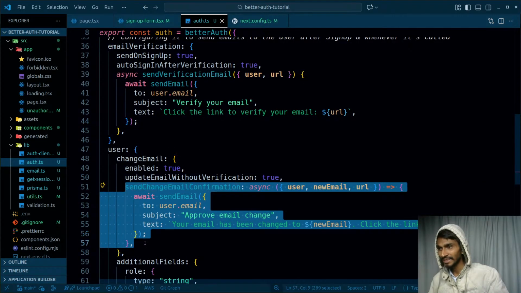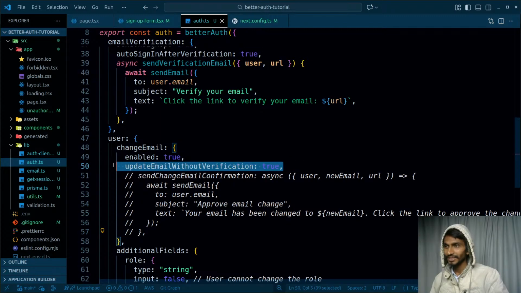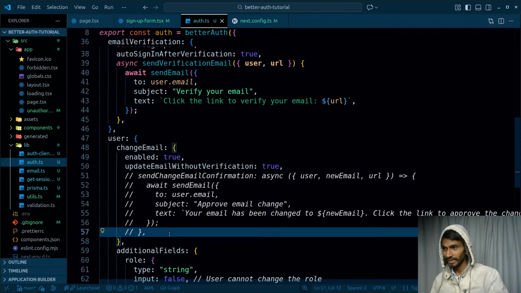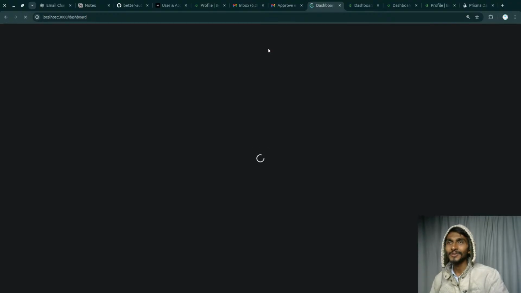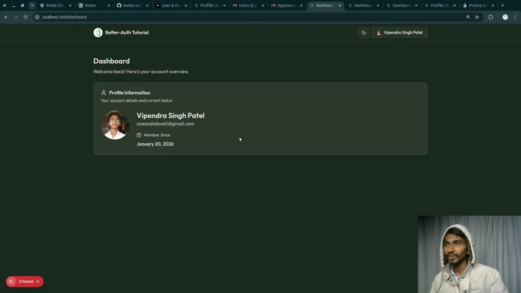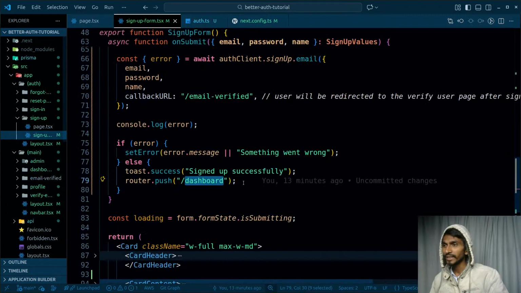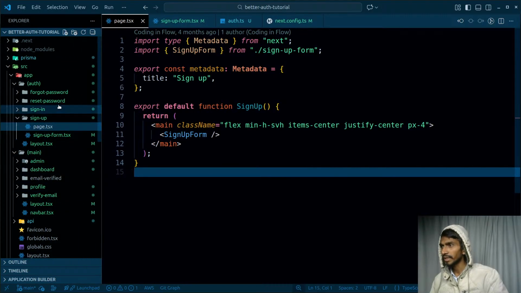I will not be using this, rather forget about even verifying that. Just this much is going to be enough, and the email will not even be sent. That means if I'm using this update email without verification, I can change that. Let's try it directly. Am I going to be able to change that or not? And as for the redirect URL, I will not even be providing that. So I can go to the sign up form, and not sign up form, page.tsx, not here, not here, not here. So I can go inside my,